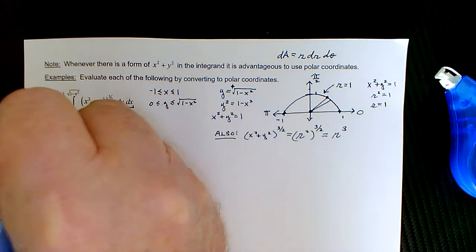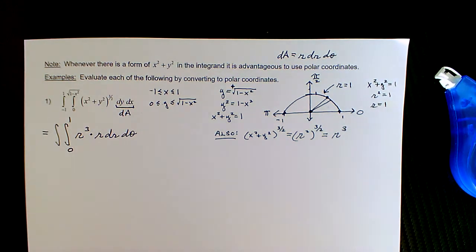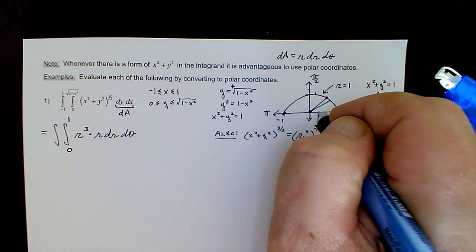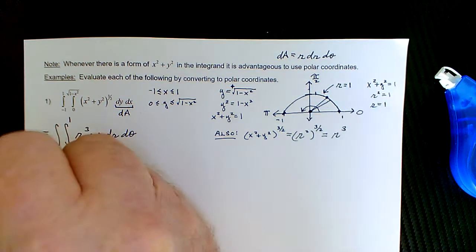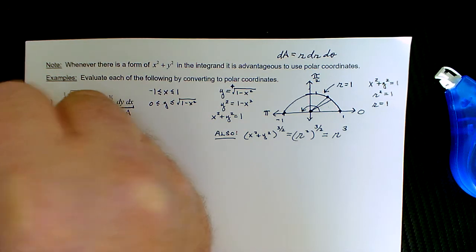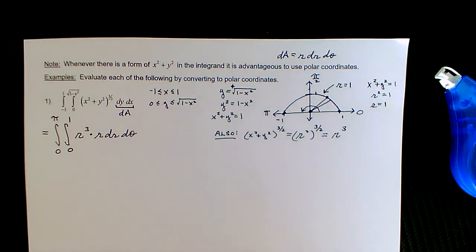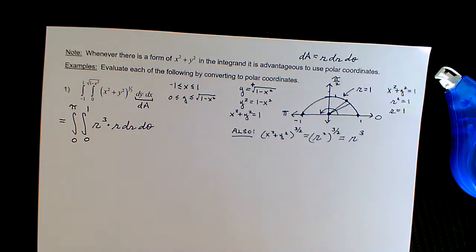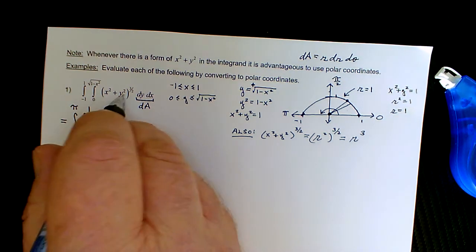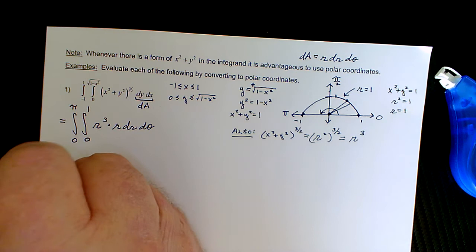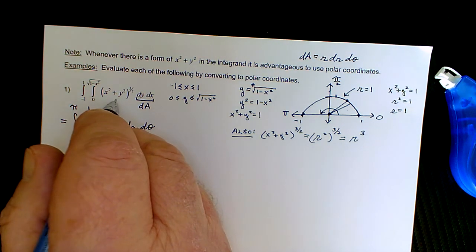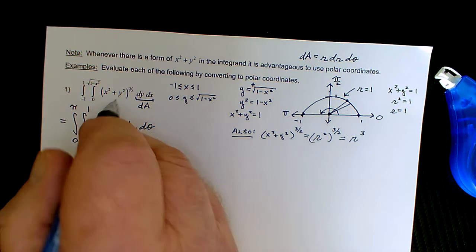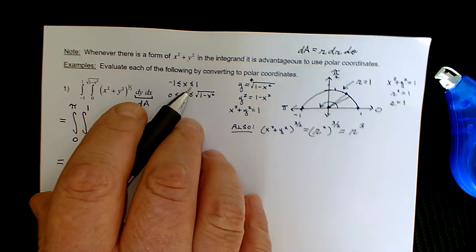And then it's going to be, so we're going from 0 to 1, and then the limits of integration are from 0 to pi. Okay, so now that we have the integral set up, we can evaluate it, and the evaluation is going to be much easier than it would be if we attempted to do it. In fact, this would actually require trigonometric substitution to evaluate this integral